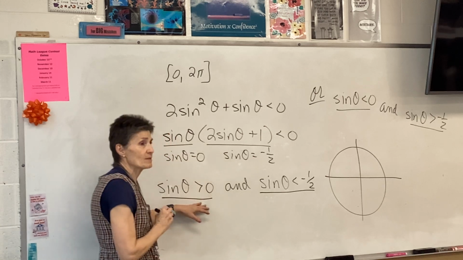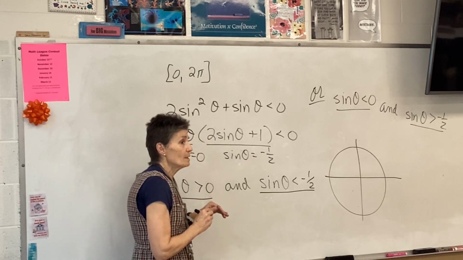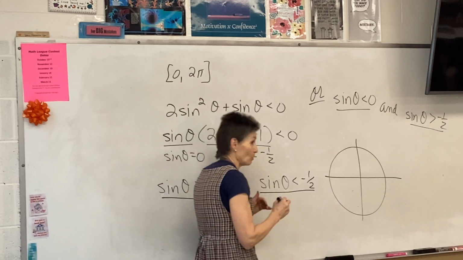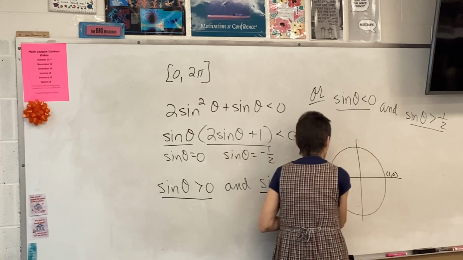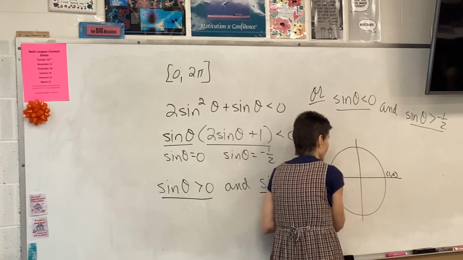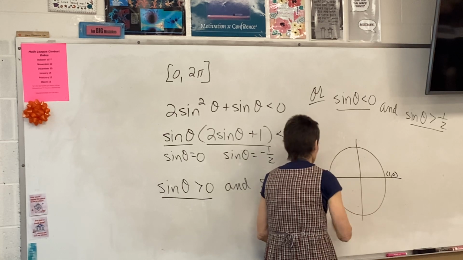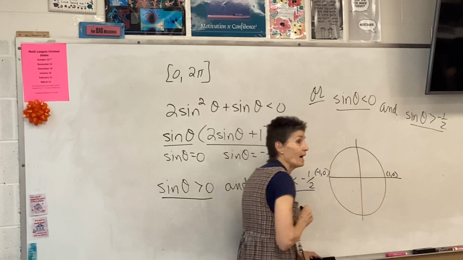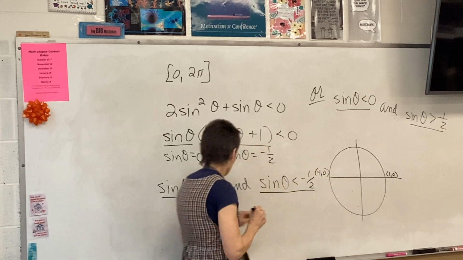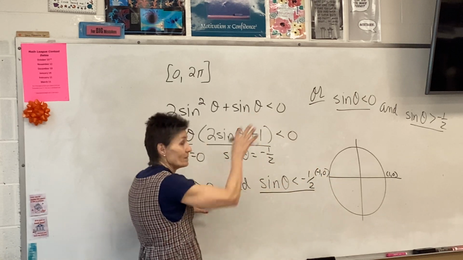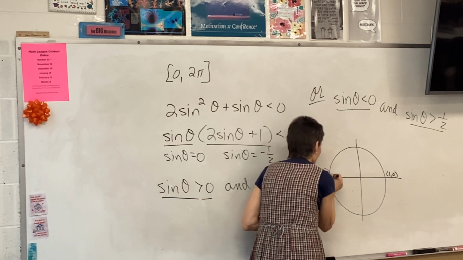And I have to have the sine be bigger than 0. Now remember, sine is equal to 0 here and here. Would everybody agree with that? Would everybody agree with sine is equal to 0 at those two places? These are all going to be open circles in the problem because there's no "or equal to." So I'm going to open that up,